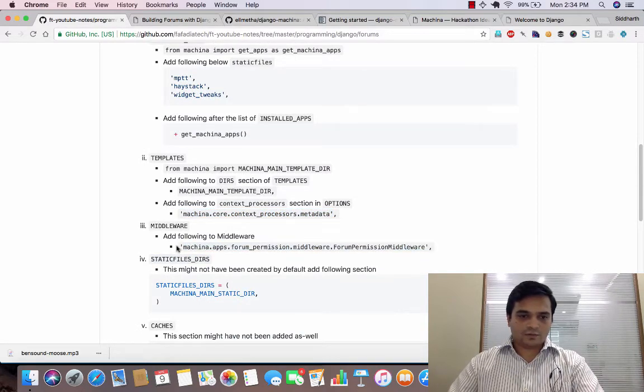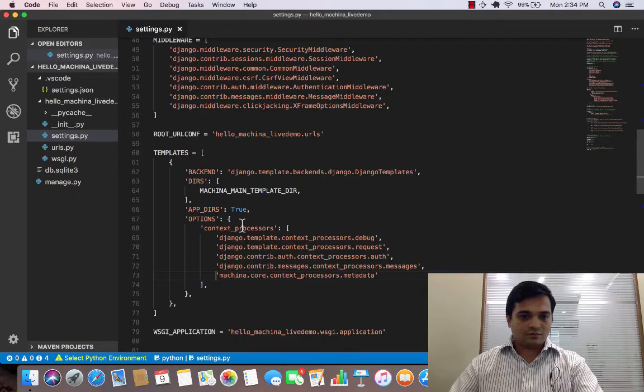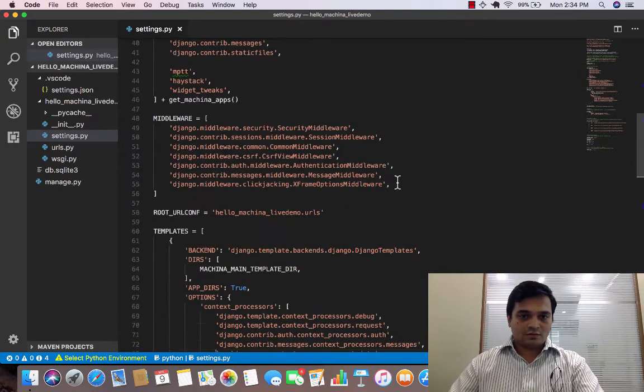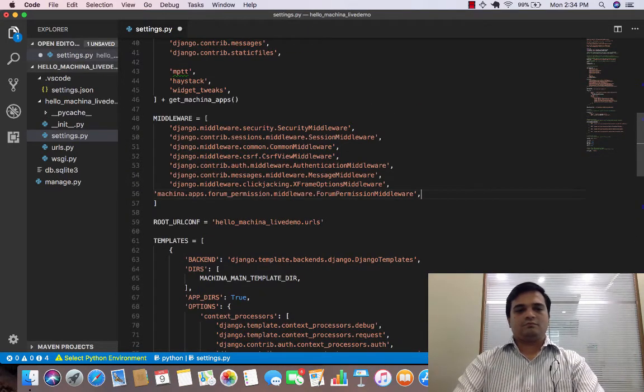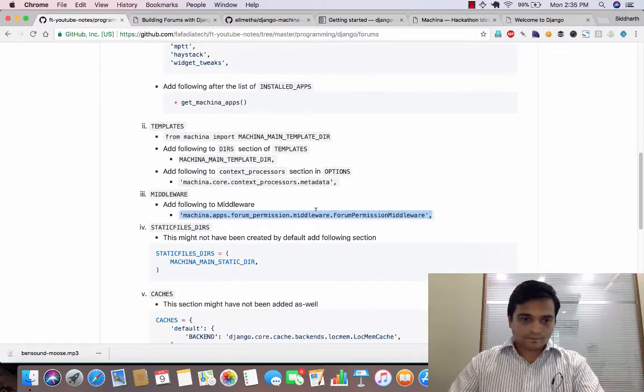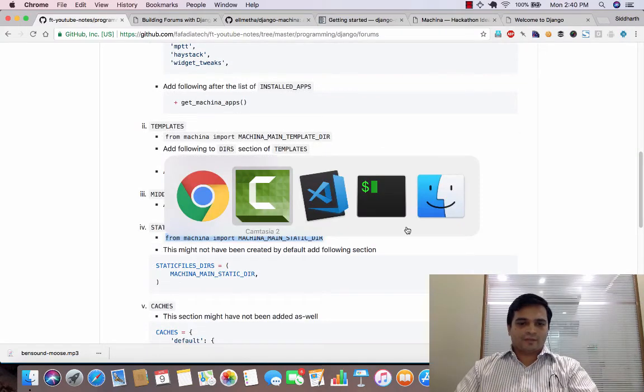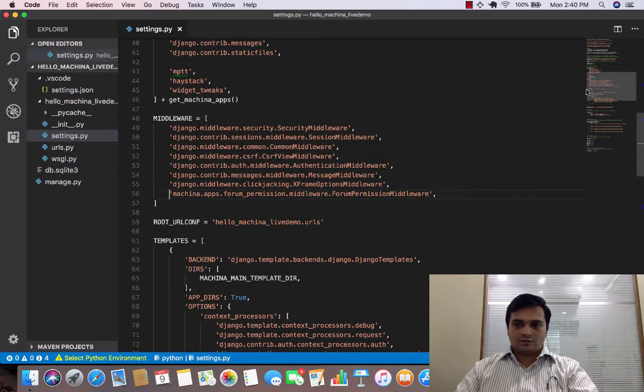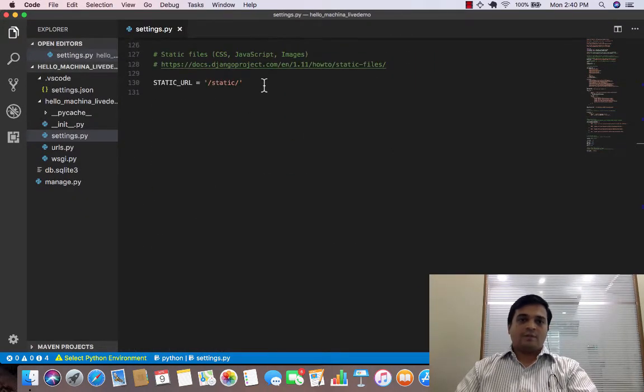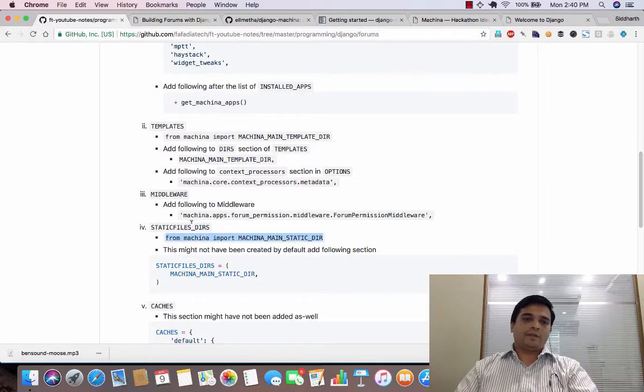And also this particular middleware. So what you might find is you might not have this particular section in your settings file. So let's just go down to the bottom and check real quick. Yeah, so you just have static URL, you don't really have a static dirs section in there. So let's just go ahead and create it, but first let's just import